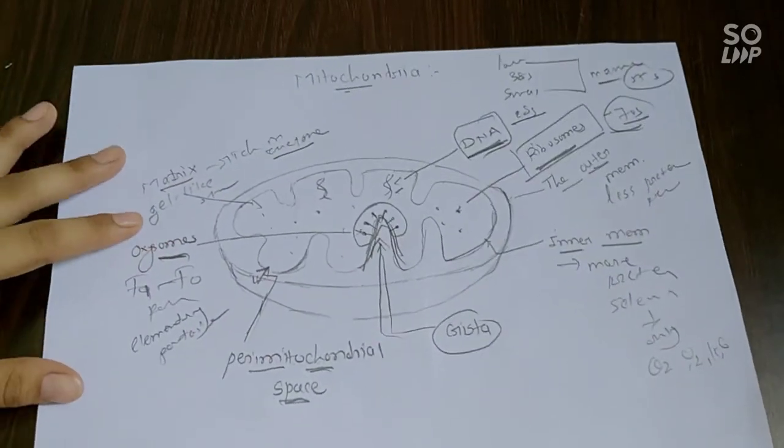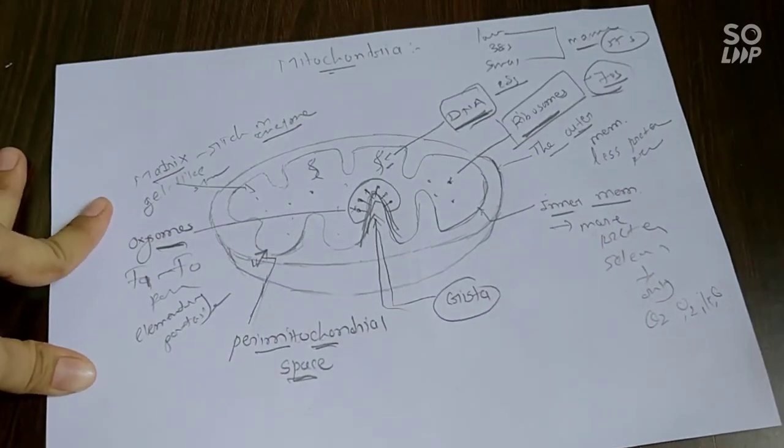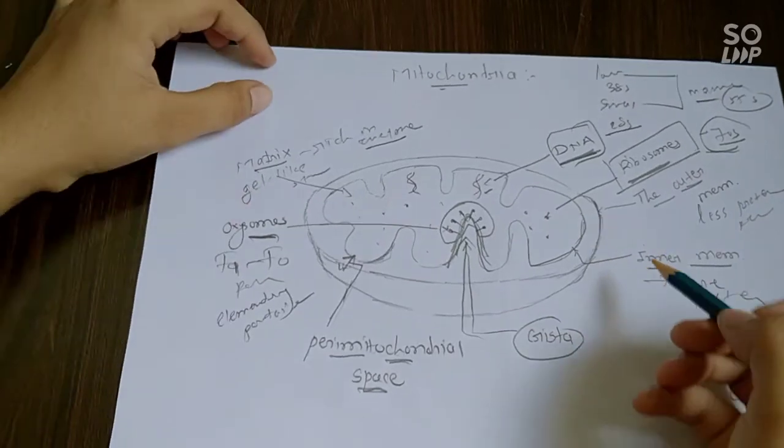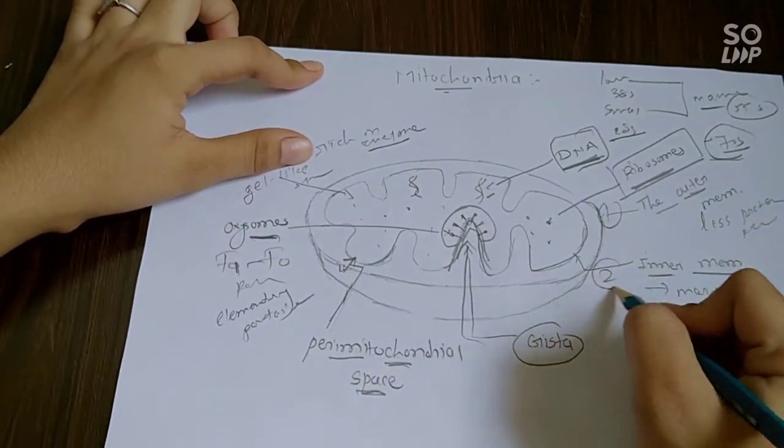So, the 5 parts of the mitochondria: first, the outer membrane, inner membrane,